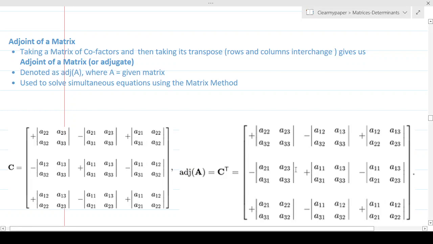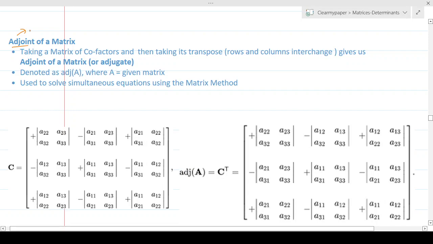So far, we have understood two important terms in the world of matrices and determinants, which is minor of an element and cofactor of an element, or a matrix of minors and matrix of cofactors. And this is the last jargon or term that is used in the world of matrix, called adjoint of the matrix. And this is relatively easy to understand but equally powerful for a variety of reasons that you will come to know when we get into further episodes of solving different matrices and determinants problems.